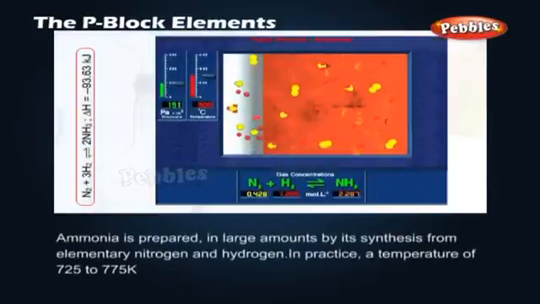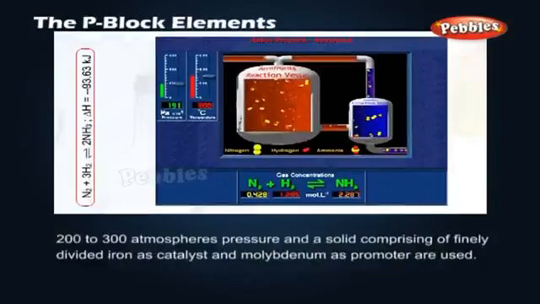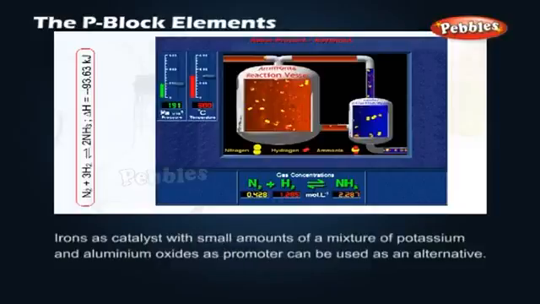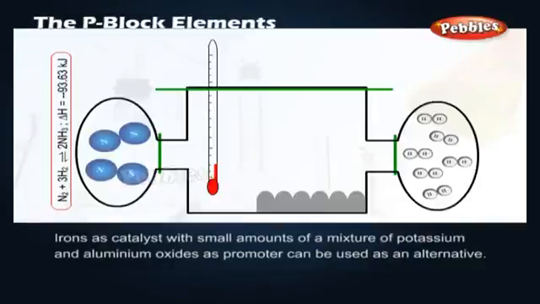Ammonia is prepared in large amounts by its synthesis from elementary nitrogen and hydrogen. In practice, a temperature of 725 to 775 K, 200 to 300 atmosphere pressure, and a solid comprising finely divided iron as catalyst and molybdenum as promoter are used. Iron as catalyst with small amounts of a mixture of potassium and aluminum oxides as promoter can be used as